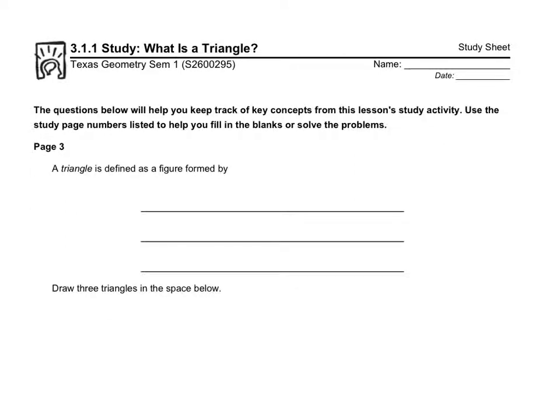Unit 3, we're going to be discussing triangles, and we're going to learn a lot about the different types of triangles and angle measures and other things about them. And so we need to start off by defining a triangle. And a triangle, the actual technical definition, is that it's 3 segments